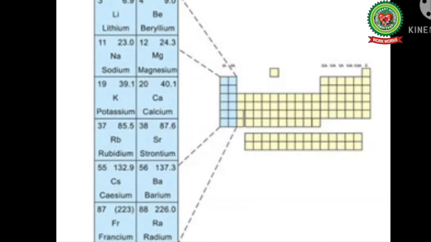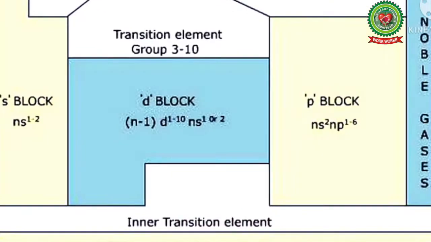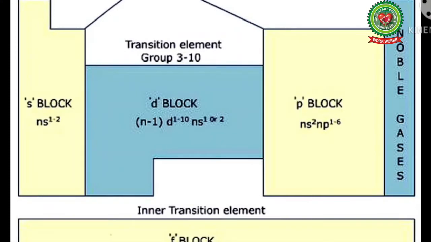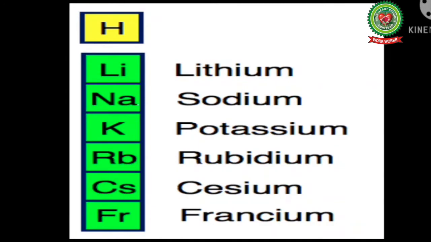As we know that the capacity of the ns energy shell is 2, it can accommodate a maximum of 2 electrons. So you can see here 2 groups are there in the S block element, that is group number 1 and group number 2. The general electronic configuration of group 1 is ns1 and that of group 2 is ns2. Various elements which are present in group 1 are hydrogen, lithium, sodium, potassium, rubidium, cesium and francium. And already I have discussed their general valence shell electronic configuration is ns1.